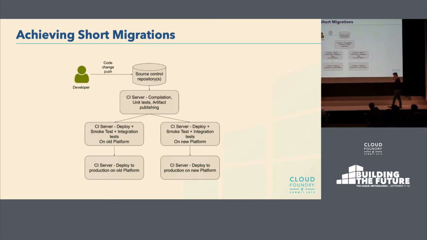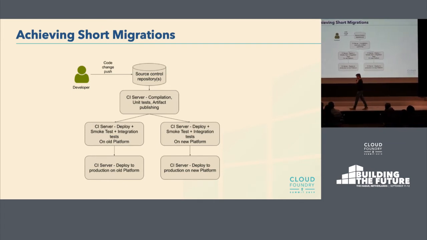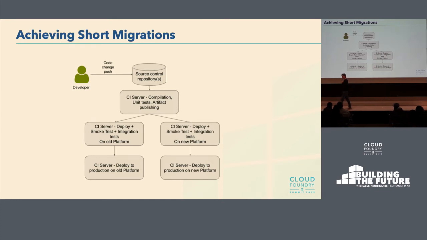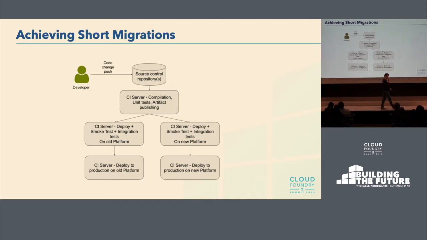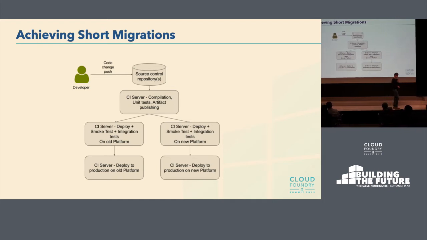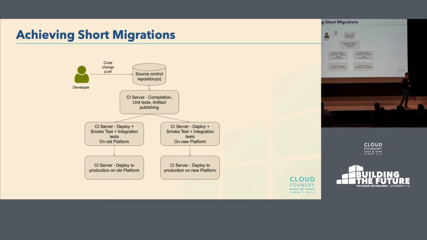The first thing, and I think this is the most important thing to understand, is that you really want to have one code line, one artifact, and you deploy that artifact to your prod and to the new platform. At first, when you think about it, it might sound logical to fork the code, because you have an application instance running on the old infrastructure, and now you also have a new infrastructure which has different properties. So you need to do some code changes in some cases. How do you do that? So yeah, maybe we will just fork the code, but this is of course a very bad idea.